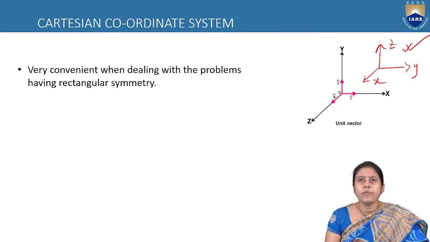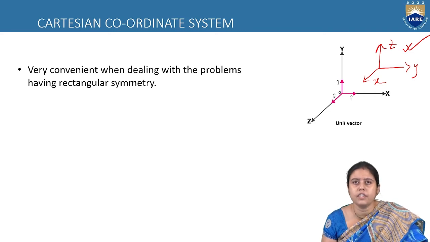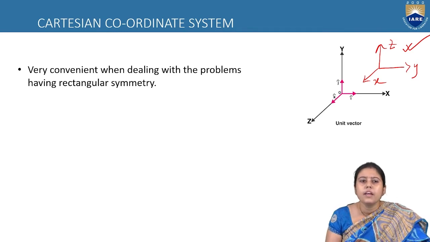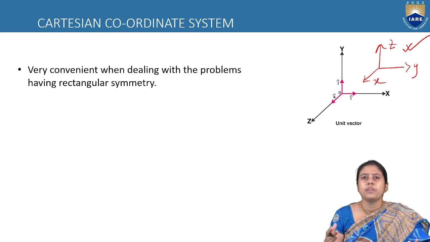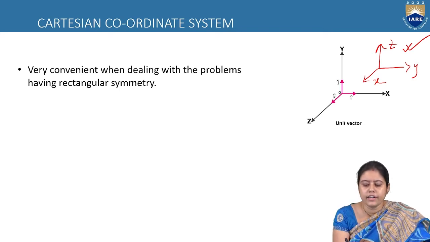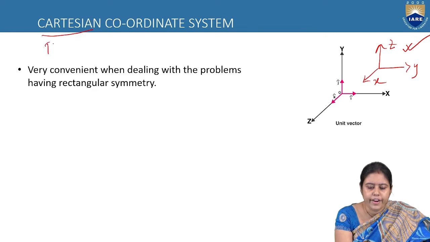So what is the importance of a coordinate system, especially the Cartesian coordinate system? It is very convenient when dealing with problems having rectangular symmetry. Say we are thinking about a room. The room is rectangular in nature; it has rectangular symmetry. So we will use the Cartesian coordinates when we are thinking about a field, a space, or a surface. That's why another name for the Cartesian coordinate system is the rectangular